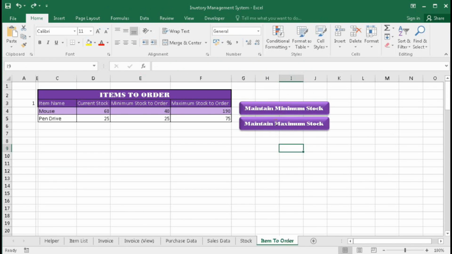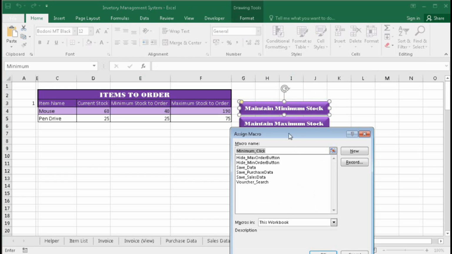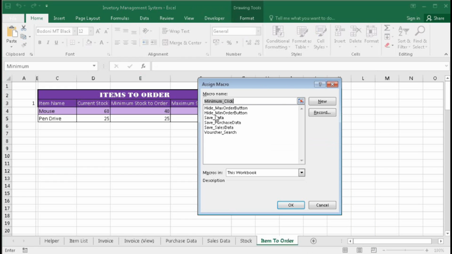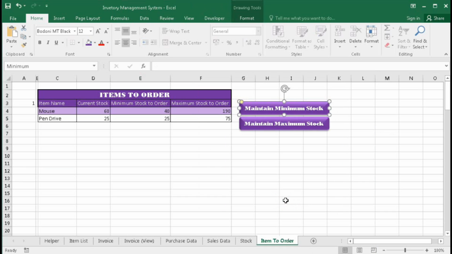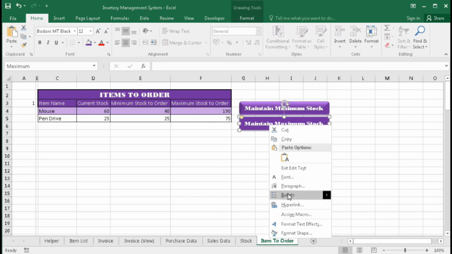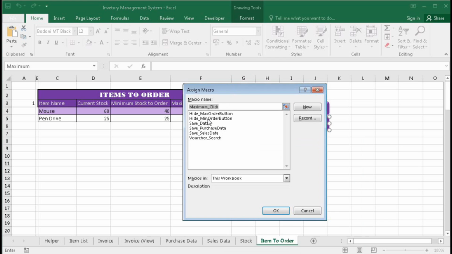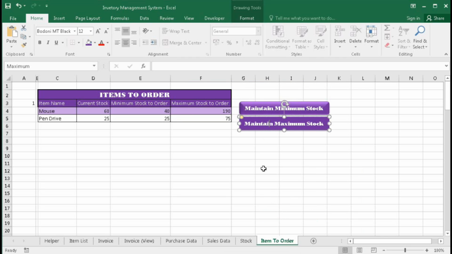So now here first assign the macro for minimum stock, right click, assign macro. So here minimum, okay, and assign macro for maximum. So assign macro here maximum, okay.